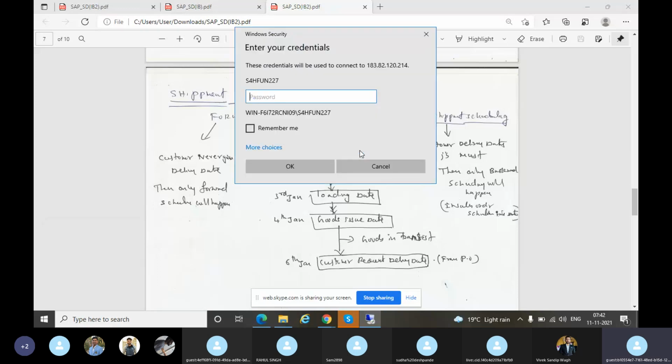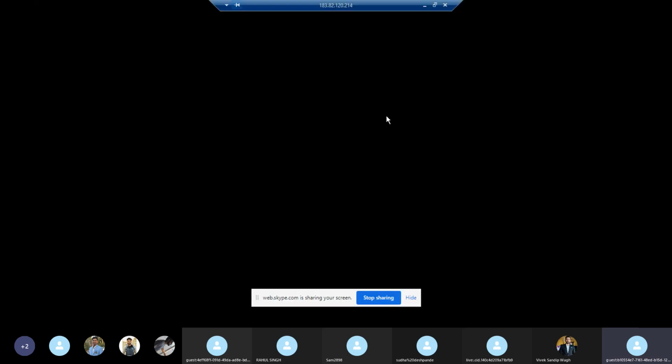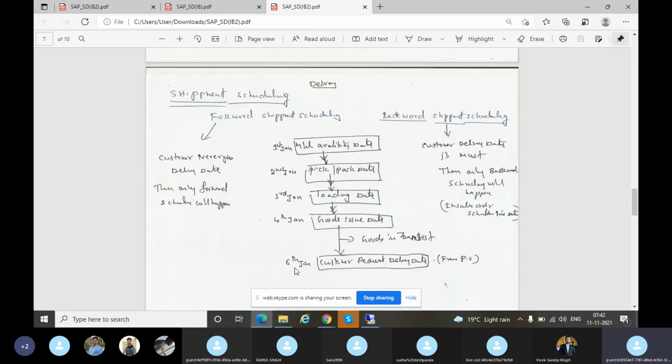But when the customer insists on the date, saying 'I want the material on the date I have given in the PO, otherwise we are going to another customer', he is very strict. So how are you going to do it? You have to do backward shipment scheduling. Say you want the material on 6th January. Imagine he's in Delhi. From Bangalore to Delhi, it takes 2 days by truck. So 2 days before, you have to do PGI. Before that, you have to do loading. Before that, pick and pack. Before that, the material availability date. The material should be available. This is called backward shipment scheduling.